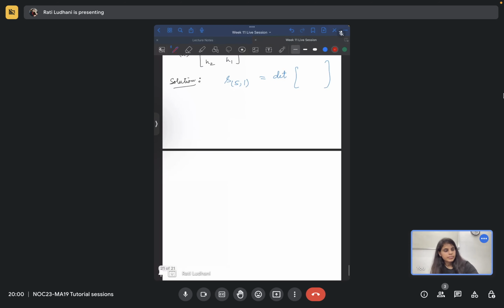We are saying s5,1, or maybe I'll write in general, lambda 1, lambda 2 and so on, is the determinant of the matrix H with ijth entry as